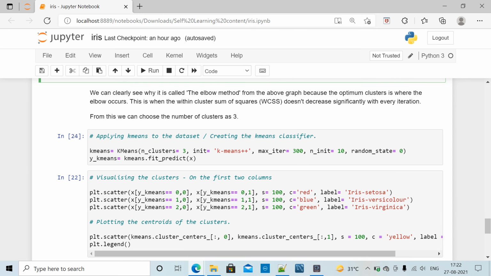We can clearly see why it is called the elbow method, because the optimum clusters is where the elbow occurs. This is when the within-cluster sum of squares doesn't decrease significantly with every iteration. From this we can choose the number of clusters as 3.